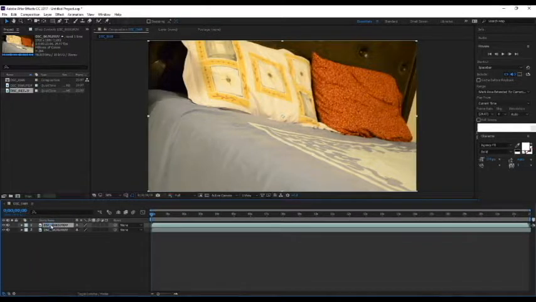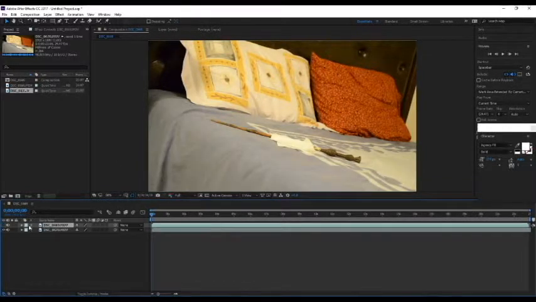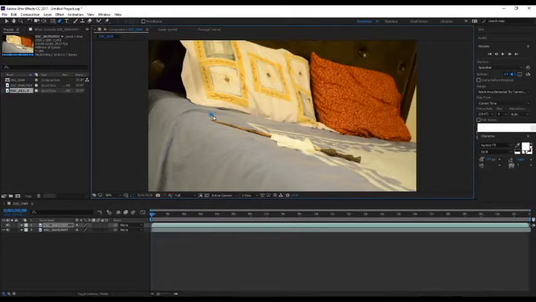So click on the footage that has your background, and then press this I here, and so then you no longer can see the footage that has the background. You can see the footage with your wand or object, like in this case, it's my wand. And so what we're going to do is click the pen tool over here, and then create